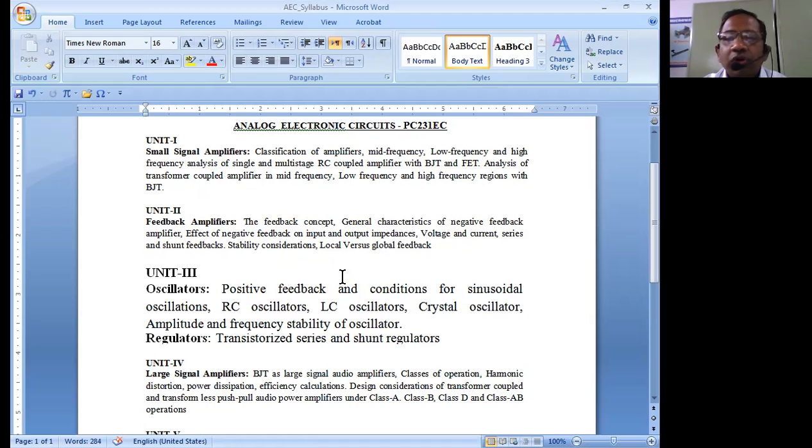These are the primary requirements from any circuit that we are going to discuss. Almost all the units have the basic circuit diagram and next the AC equivalent circuit diagram. You should be in a position to draw the AC equivalent circuit from the given circuit using the two-port network. If it is a small signal low frequency amplifier, we use h parameters. If it is a small signal high frequency amplifier, we use the pi model. These are the two basic methods to analyze the circuit under AC conditions.